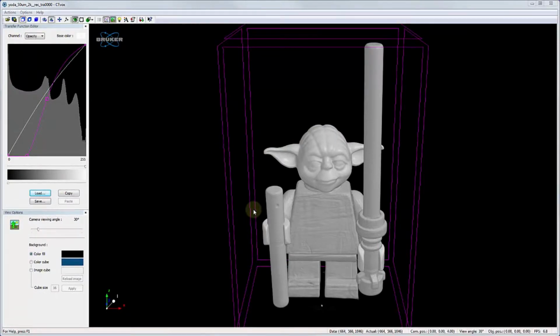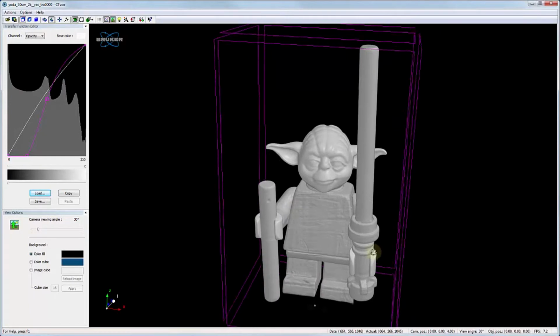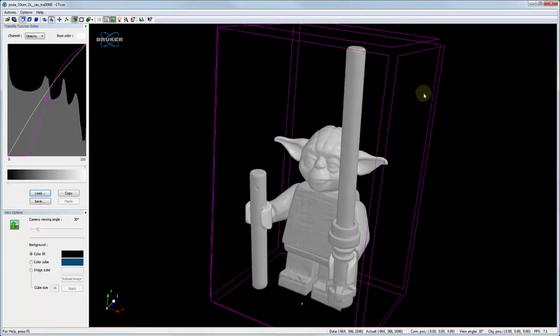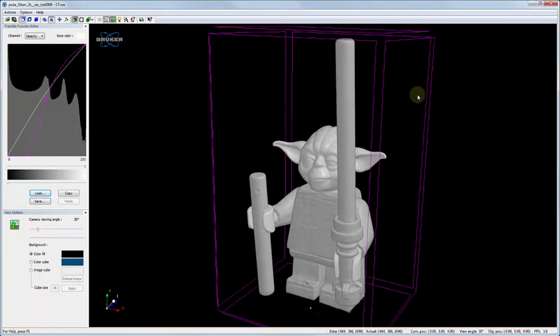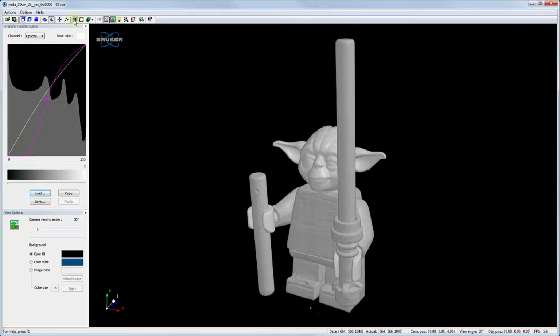Now that we have our material properties, lighting, and transfer functions set to produce the effect that we're looking for in the image, we can go ahead and position the data file in an orientation which we want to use to capture the image. Since we're not planning on clipping into the model for this image capture, we can go ahead and turn off the clipping box, give us a nice clean view of the model without the pink box